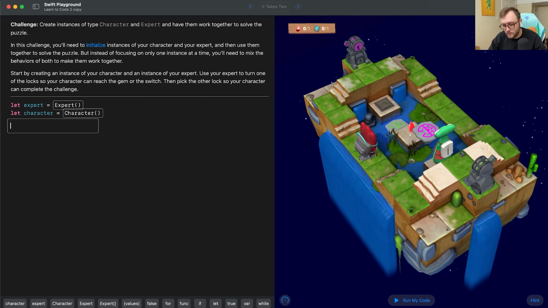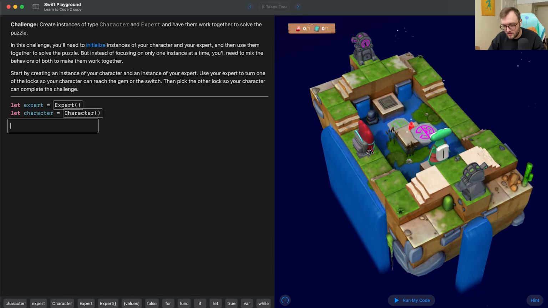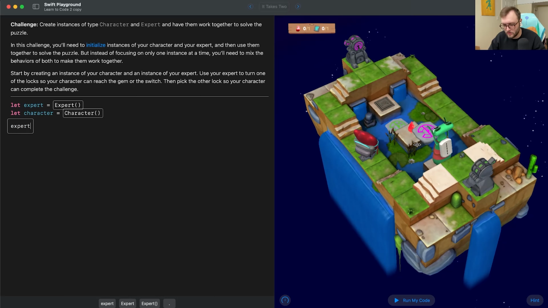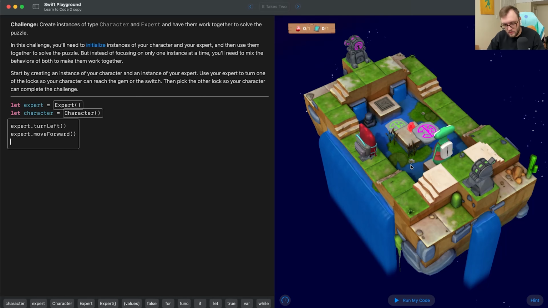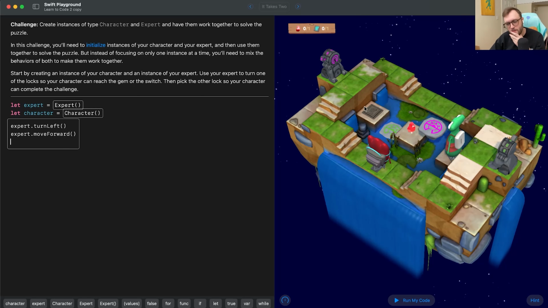Okay, so the first thing I notice with this expert is they're also going to be walking into the water. Let's go ahead and have them turn left. We want to solve for this purple platform, whatever you want to call it, first. Let's have them turn left. Then we'll want to have them move forward 1, 2, 3 times. Expert dot move forward. But before, I'm trying to think here, before we commit to just typing this all out,